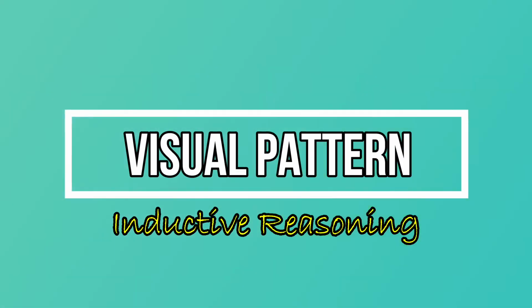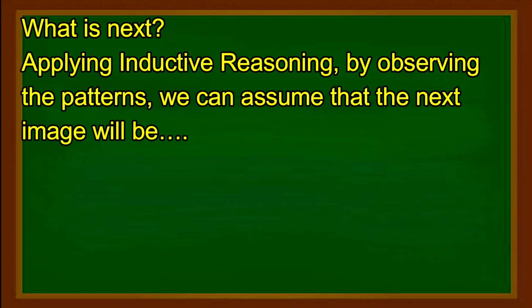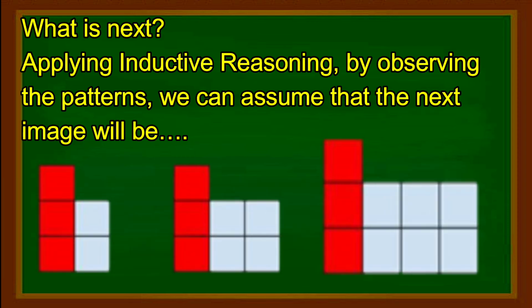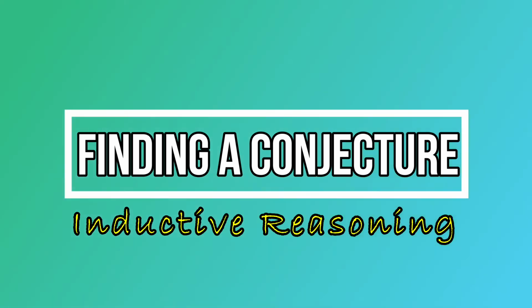Visual pattern. Example number 2. Observe the two images and find what might be the third image. Pause the video and think. By applying inductive reasoning and observing the images, we can assume that the next image will be